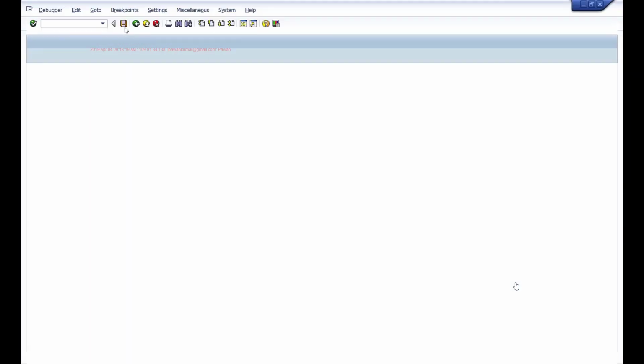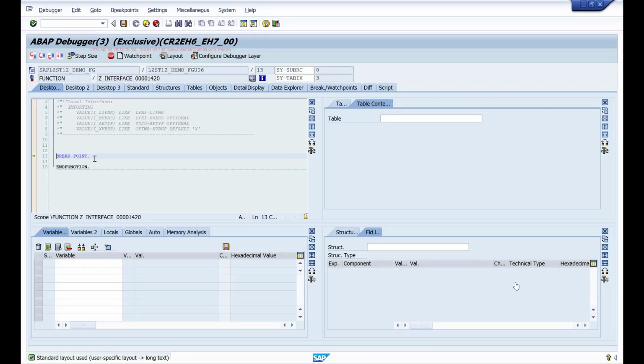Now you can see it is calling that function module we have implemented, right? I just maintained this breakpoint, so it is calling that, and you can check these parameters, I_LIFNR, company code, all these things. So whatever data is available for that vendor is passed here.